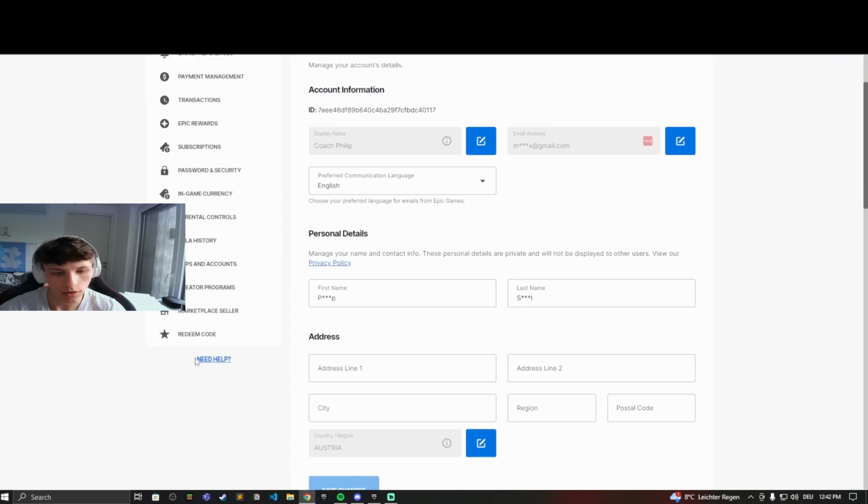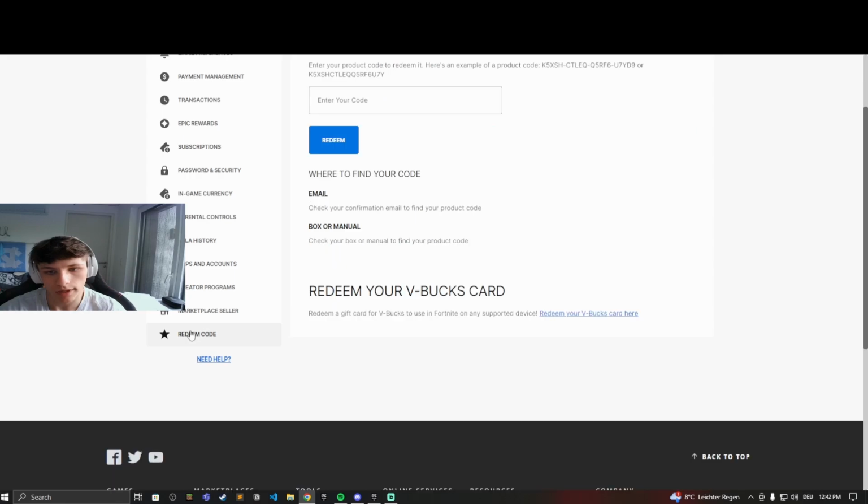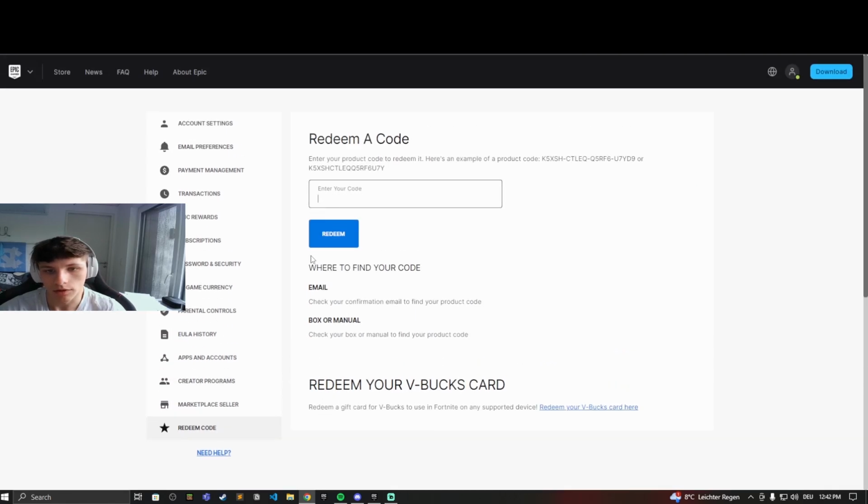And in this list down here, you can see this section right here, redeem code. We want to click on that, and then you're already here. Right here you can type in the code. So if you got a Fortnite gift card from the store, or if you bought it online in the shop, you can redeem it right here by entering the code, then hit redeem,